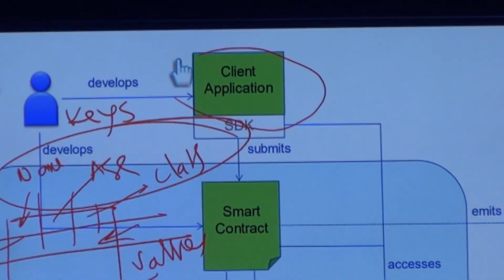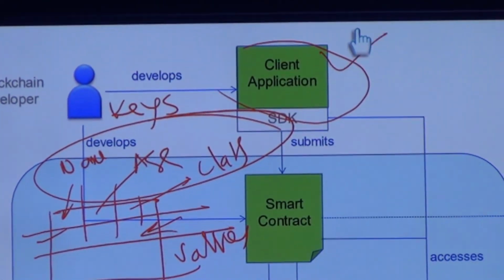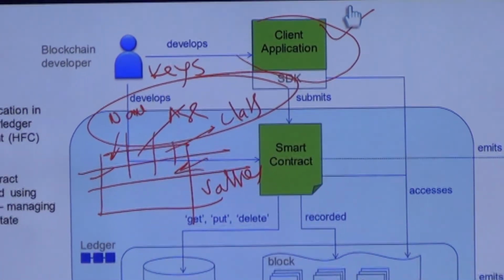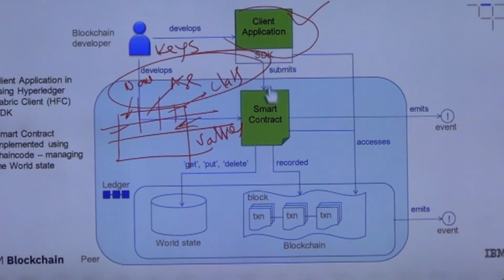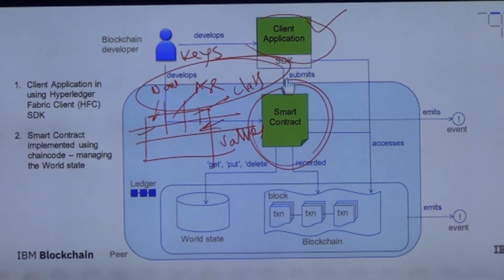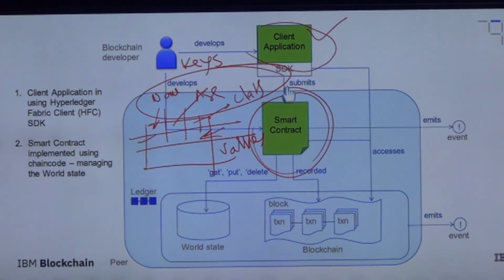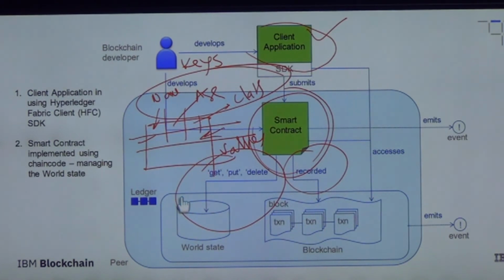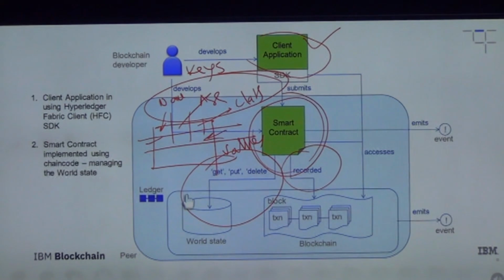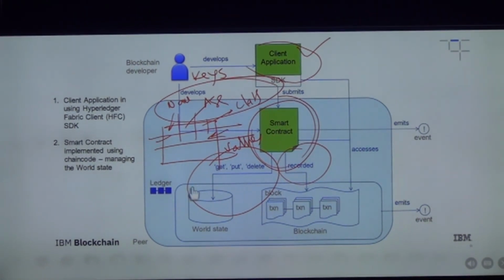like different students accessing the blockchain, so somebody has to develop this client application, okay, and with the software development kit it will invoke the smart contract. Okay, so once you invoke this smart contract, it will primarily make a transaction. If it is valid, it will make a transaction, and the transaction will also update the world state. And so the ledger has two parts. Now one is the world state, the other one is the blockchain.